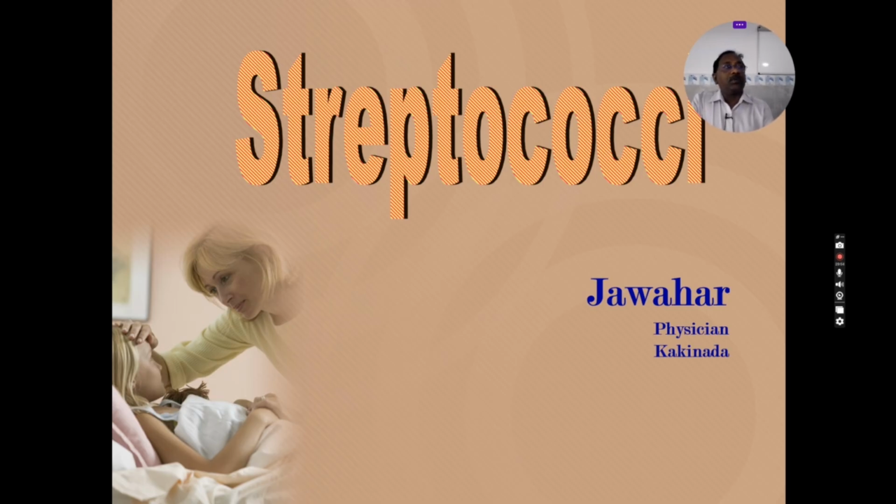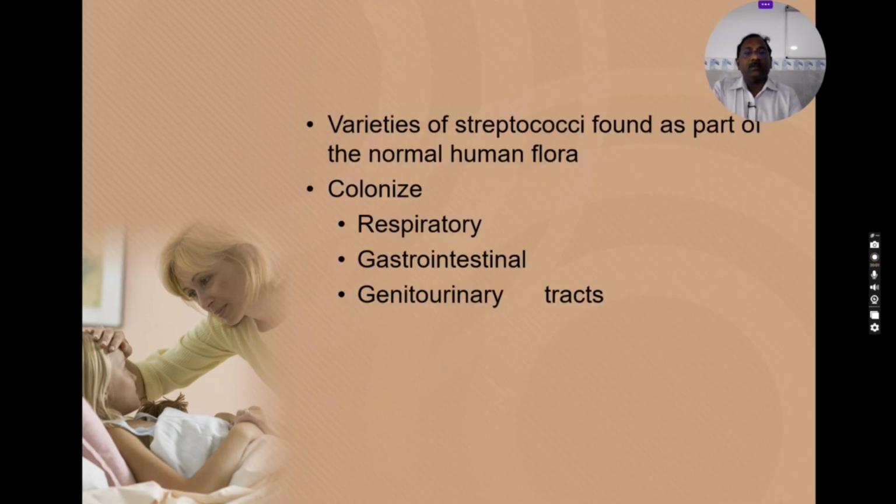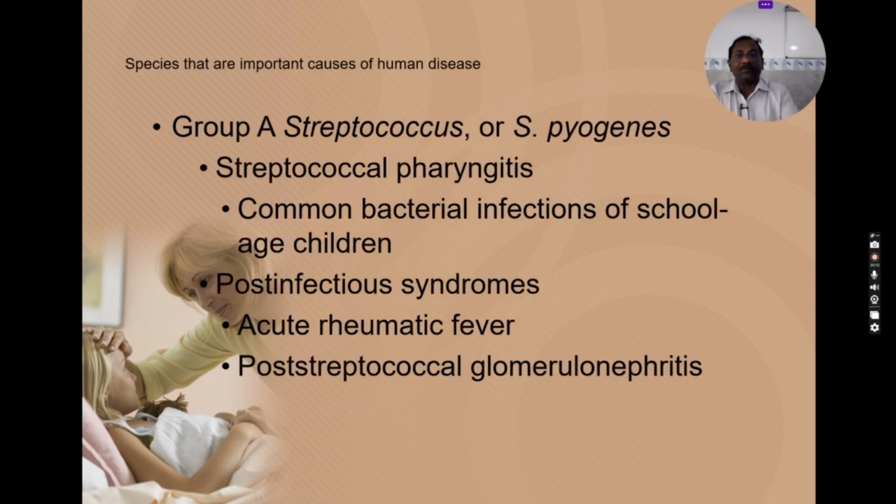So now we'll move on to the Streptococci. The Streptococci include a variety of species found as part of the normal human flora. They colonize the respiratory, gastrointestinal and genitourinary tracts. Group A Streptococcus, or Streptococcus pyogenes, causes streptococcal pharyngitis, a very common bacterial infection of school-age children,